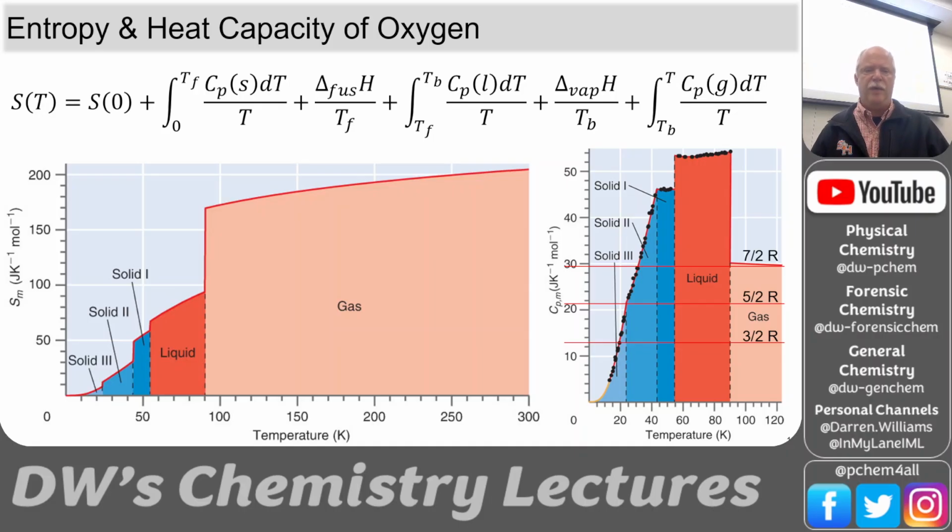Okay, so now let's look at the heat capacities. This is for oxygen. So this is heat capacity over here, constant pressure. Okay, you have a gas, you have the translations, you have the rotation here. This is oxygen, so it's 5/2 R for the translation and rotation. You only have two halves R for the rotation. And then you add in the vibration, you have 7/2 R. So all three, you get up to 7/2 R for oxygen at high temperatures.